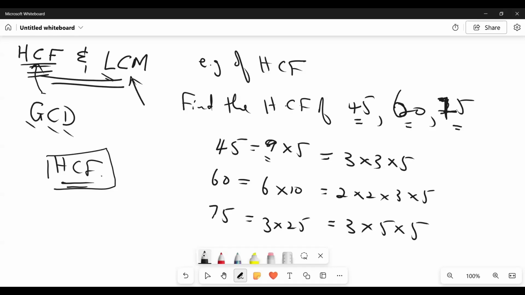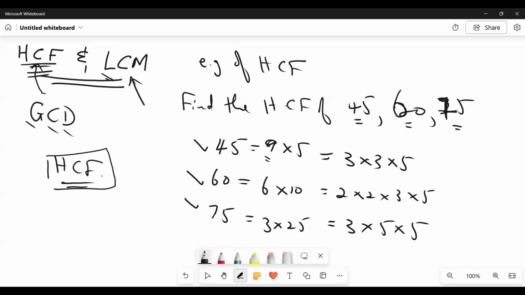5, right? Good. So what we have basically done here now is we wrote all 3 numbers in terms of its prime factors, right? What we call prime factorization. There is a theorem in mathematics that says every number can be written as a product of its prime factors, right? So you don't have to worry that some wouldn't work and some would work. They all will work. So what we got to look for now is the factors that are common to all